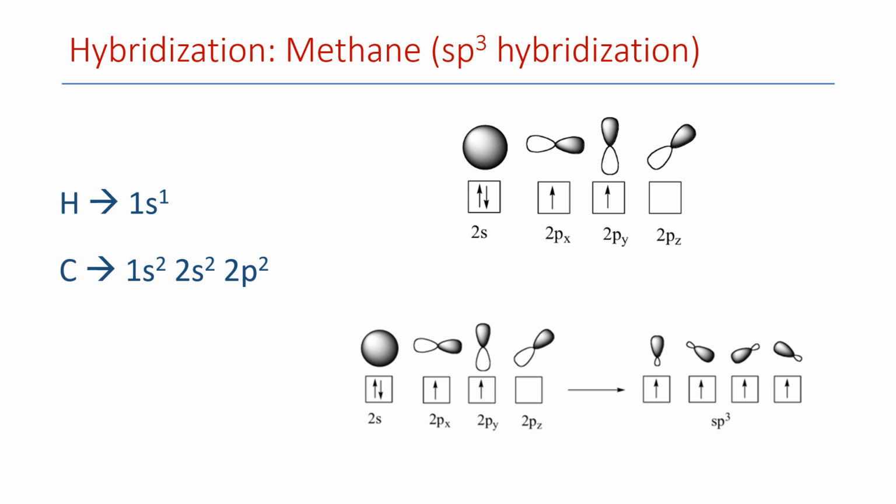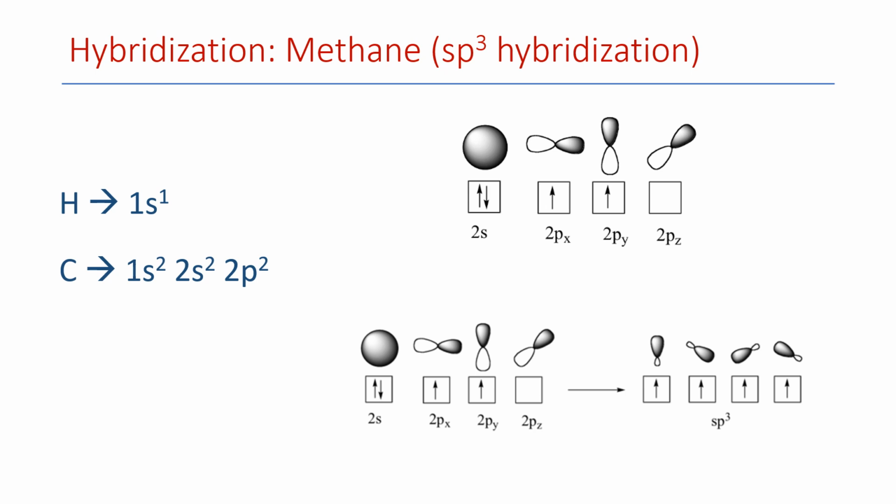The carbon has 6 electrons in total. So there are 2 electrons in the 1s orbital, 2 electrons in 2s, and 2 electrons in 2p. And we know that the p orbital is formed of 3 suborbitals: 2px, 2py, and 2pz. So in the normal electron distribution of carbon, without hybridization, the s orbital will have 2 electrons, and the px and py will each have 1 electron,